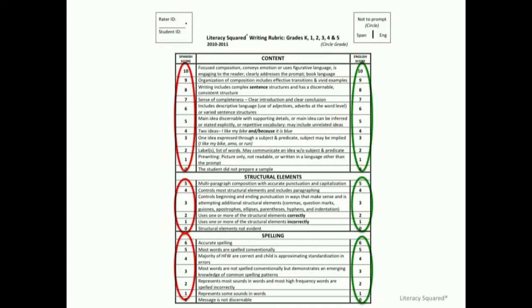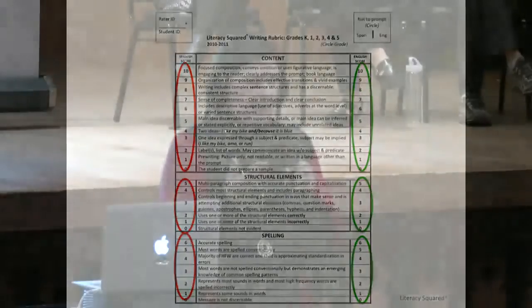All right, so what I just told you that we can do in reading, we can also do in writing. And this is a writing rubric that Literacy Squared has developed. On the left side is Spanish and on the right side is English. We lay kids' writing samples side by side. How many of you got handouts? Because this is all on a handout, but I didn't bring enough copies. Okay, so the writing rubric has 3 areas. It has content, and you see the reds in Spanish, the greens in English.